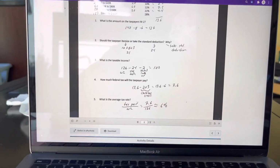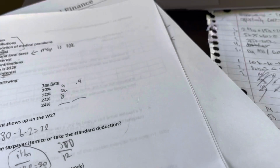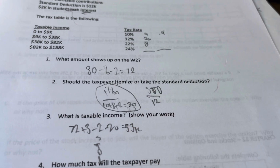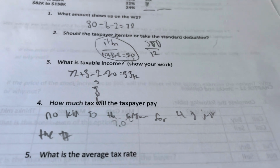Okay, student loan, so you subtract your student loan for taxable income. And then your next one is, how much tax will the taxpayer pay? So then you put into that, max out every row, and then you do multiplication and addition, and that gets you